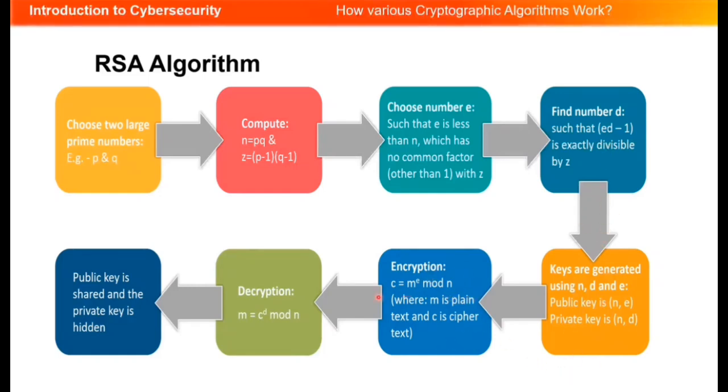We have our encryption here, C equals M to the E, where M is plain text and C is the ciphered text. So here we have our C. And then our decryption here, we'll use that C and convert it back. So with this type of